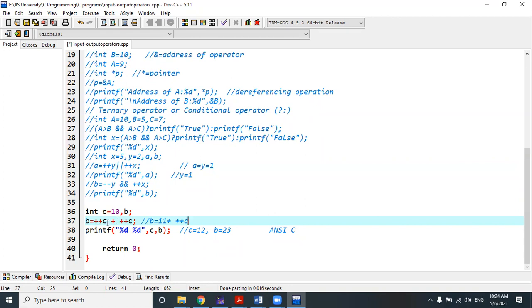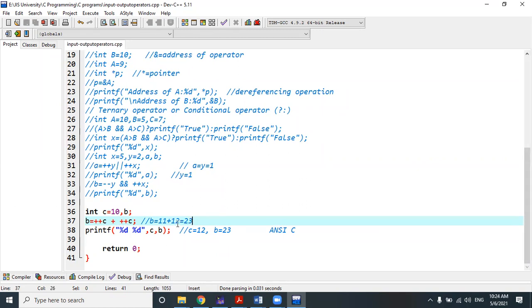So 11, and again plus plus c means it will be incremented on 11, because the current value of c is 11 after this statement. So one more increment on that 11 gives 12. That's why the value of b becomes 23.